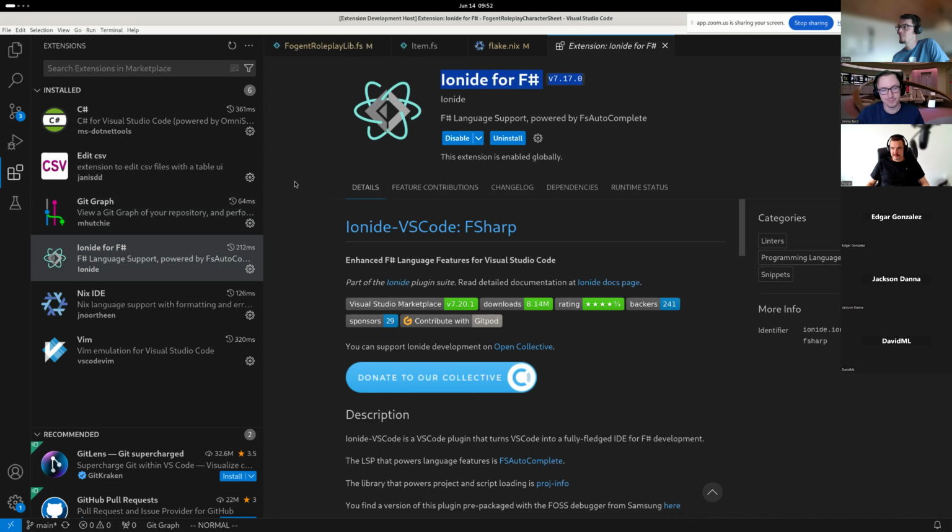And does this have a hot refresh, or do we just have to build it again every time? It doesn't, unfortunately. Now, I think there's a way of doing that, but I haven't. The thing is, I typically don't end up working a lot in the Ionide code base proper. I tend to do a lot of work in FSAutocomplete because that's where most of the stuff happens anyway. Gotcha.